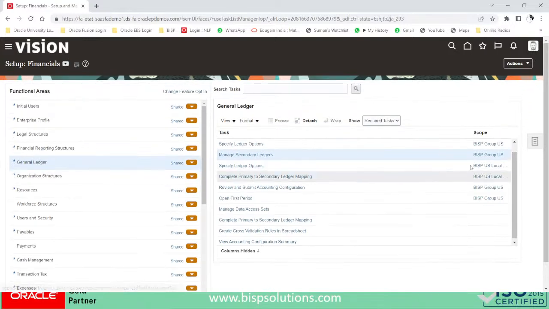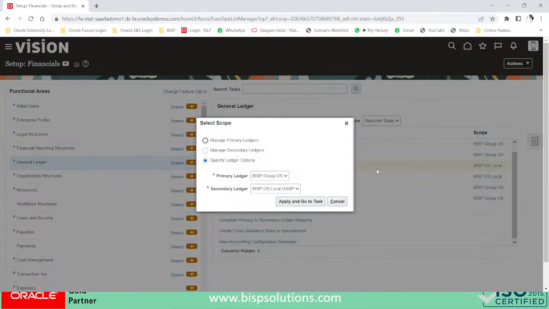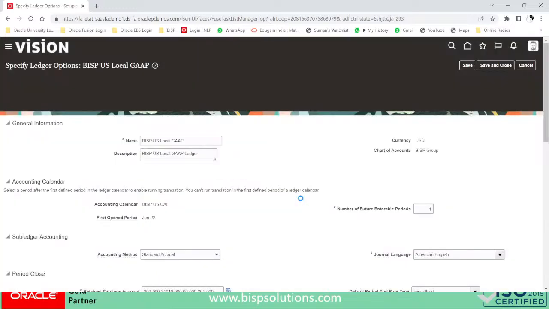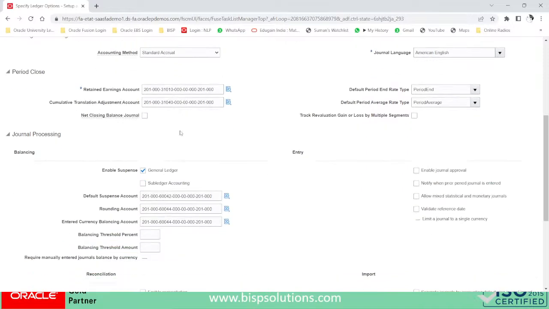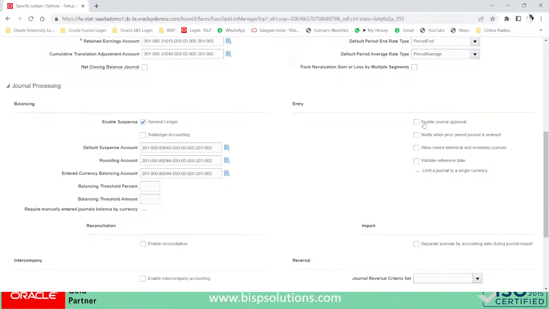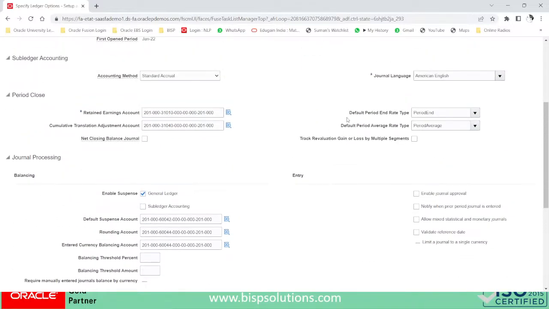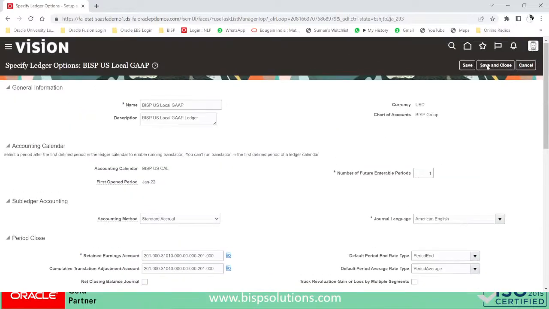And again the specify ledger options. In the specify ledger options, my primary ledger is this, and the secondary ledger is US GAAP. I selected that and applied. Provided the standard accrual, all the accounts, and here I have not enabled the journal approvals, right? In the primary ledger itself there is an approval, and the same will go to the secondary ledger. It will post automatically. So how is it going to do that? Let us go to the next step,